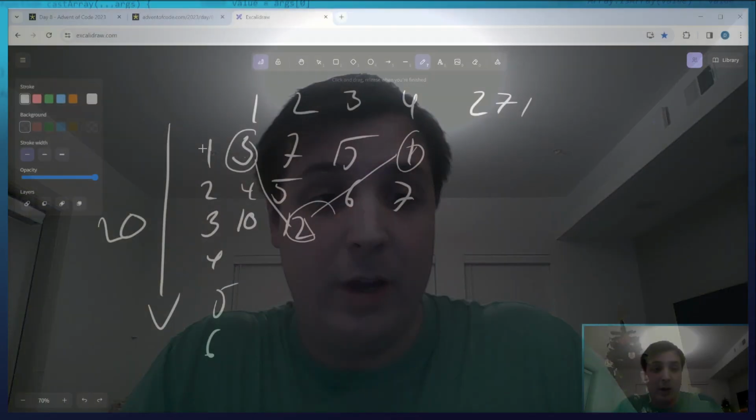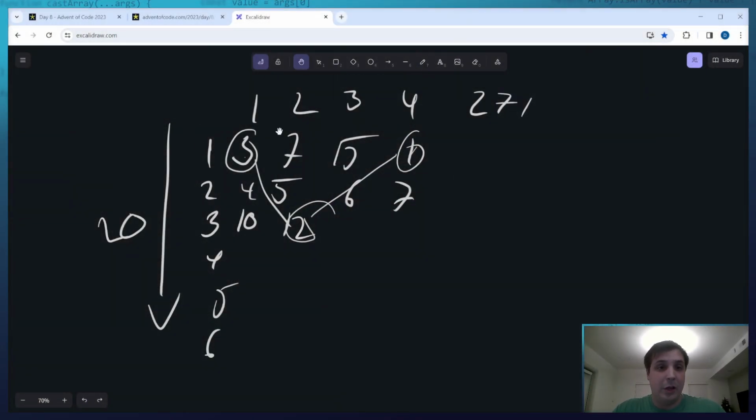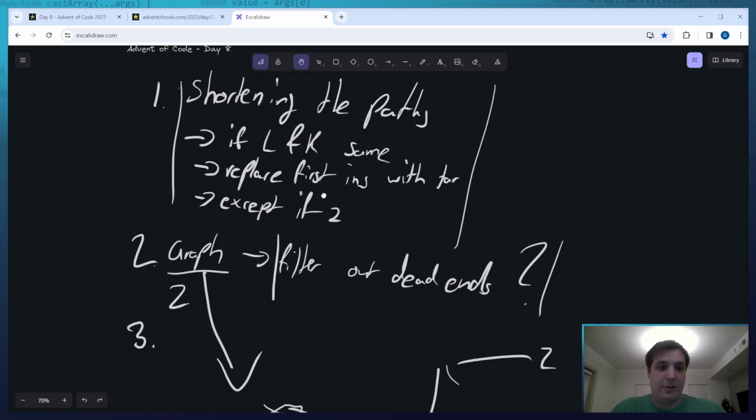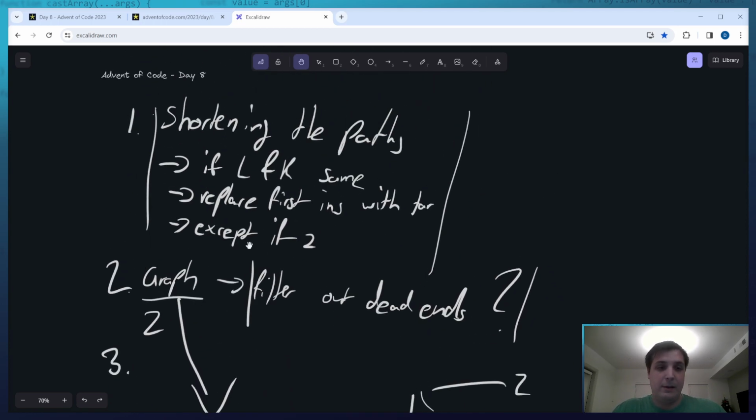I hope it does. If there is a better solution and you have a better solution, please tell me in the comments. Right now, go down in the comments and let me know. I'm going to try to solve this right now with this method. This is also going to include the path shortening. This is essentially path shortening and the graph combined.